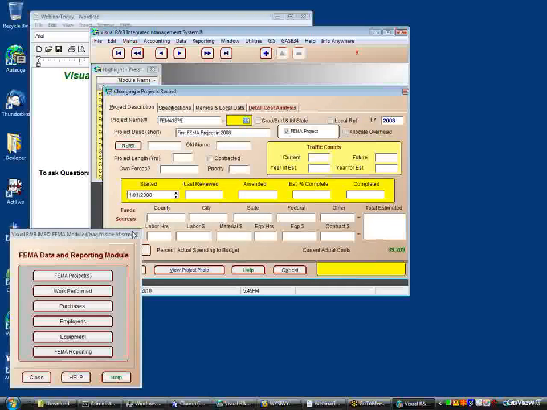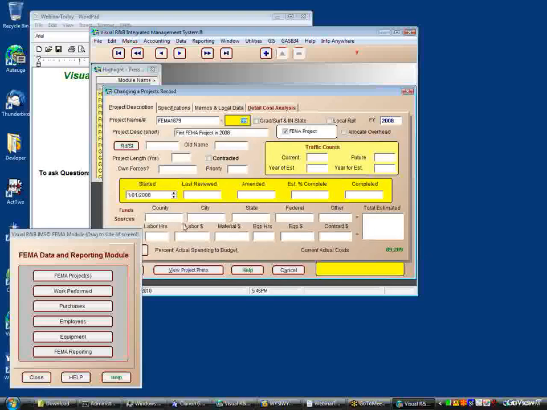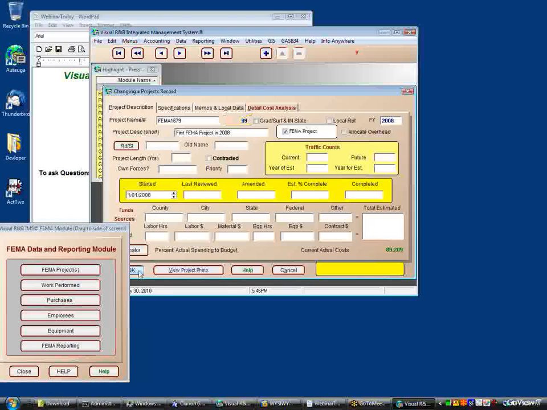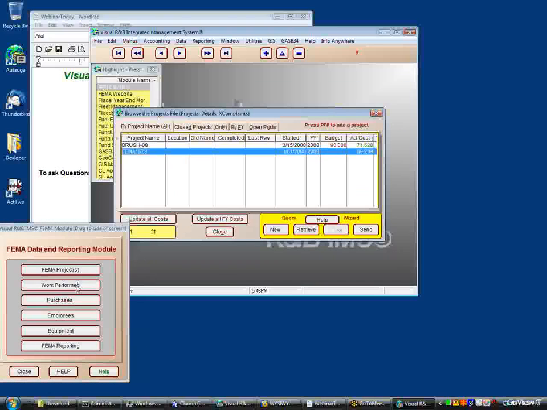And you can set up a FEMA project even though you may not know it's going to be a FEMA project. If later it's reclassified and not reimbursed on, you can change the project name. It will automatically change the name of all the associated records with it. So you describe the FEMA project, and part of this description also goes into the reporting modules. So basically, after you set up a project, you're ready to start